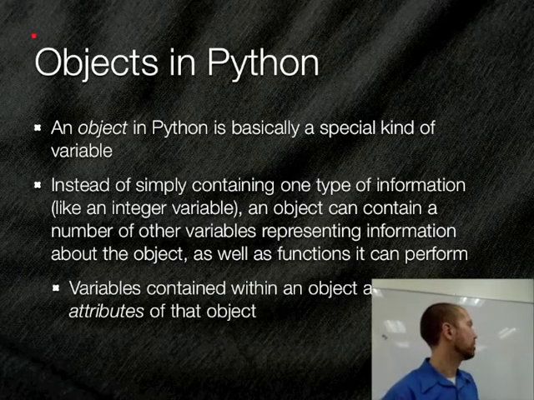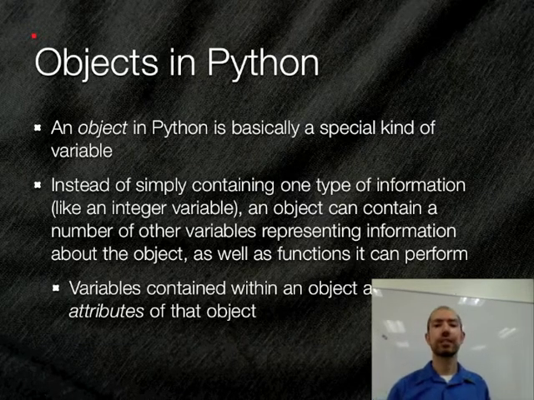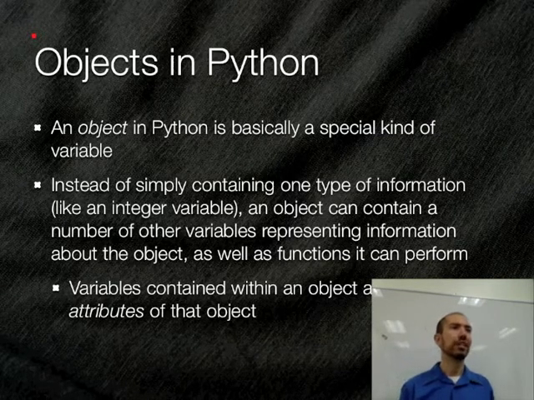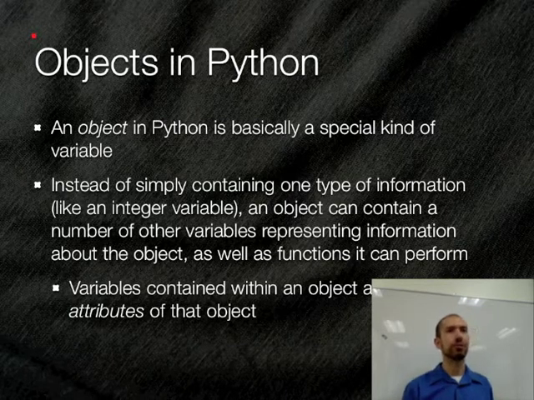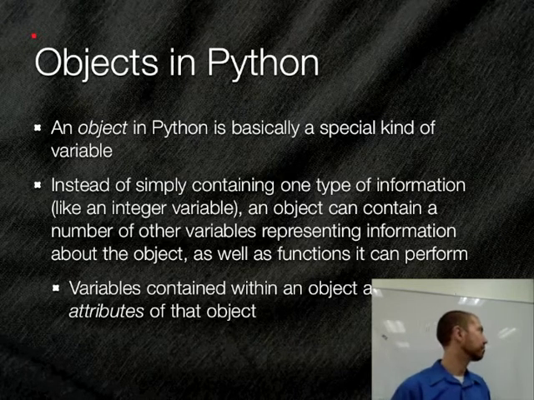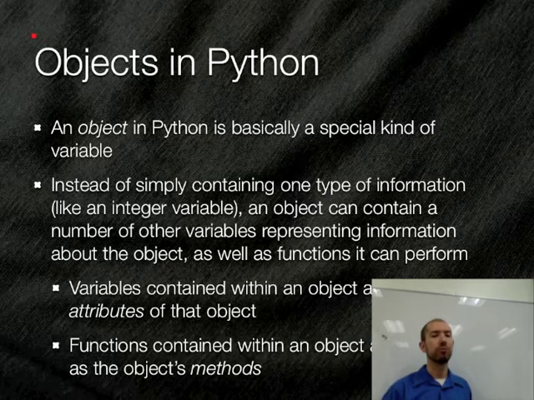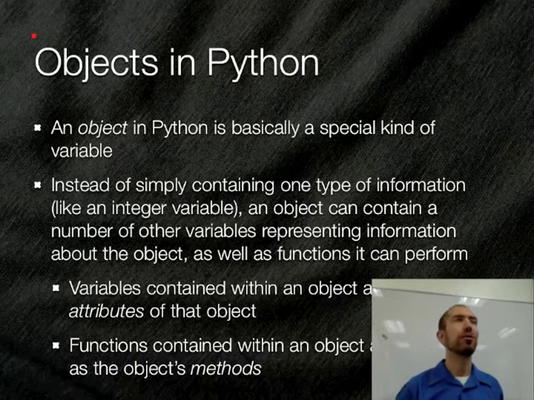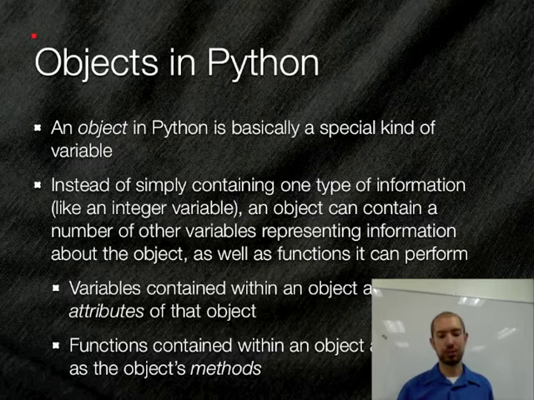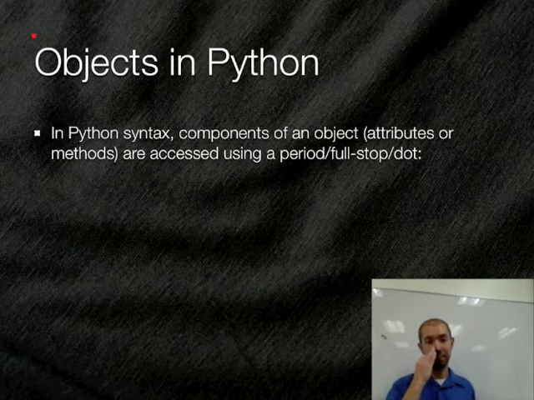Now there's a little bit of terminology I'm going to introduce to you just because I'm going to use it today. If you have a variable that's part of an object, it's called an attribute of that object. Okay, and that makes sense, right? Because if you have a window object in your operating system, the window has a bunch of attributes or features or characteristics, right? Like the size of the window, what buttons it has, and so forth. So the variables inside the object are called attributes, and the functions that an object can perform are called methods. And I don't know the history behind that one, it's just the word we use. So a function belonging to an object, we're going to call an object's method. Okay, so if I use those terms, hopefully that'll make sense to you.